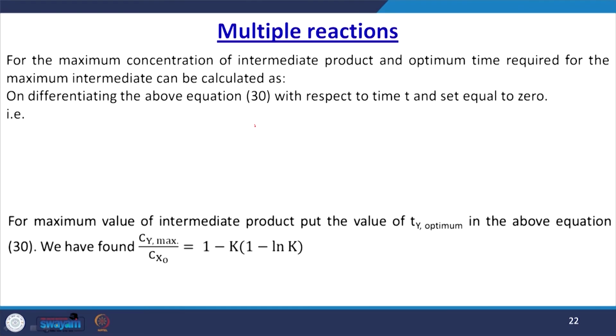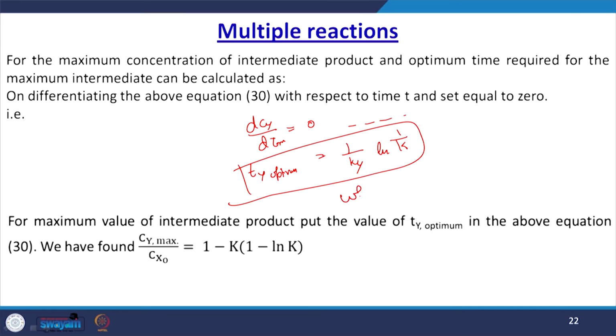Then dCy upon d tau m is equal to 0. Now, if we solve this, then we may have tau y optimum equal to 1 upon ky ln 1 upon k,